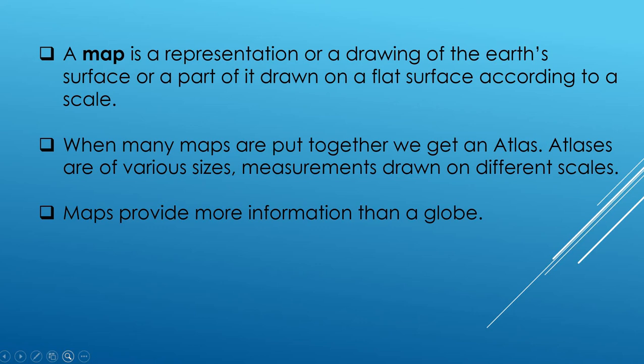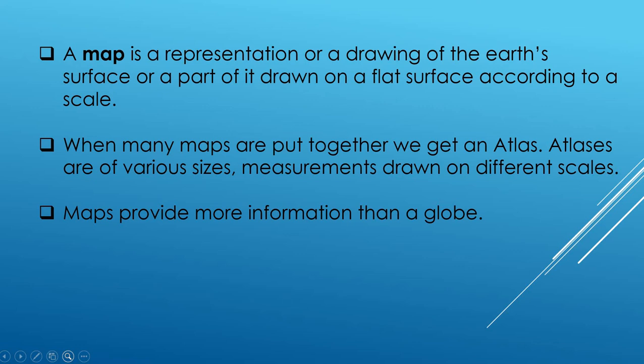So why will I be learning about maps today? Because we read about the globe already in our previous chapter, and a globe has limitations. A globe can be useful when we want to study the earth as a whole, but when we want to study only a part of earth, suppose our country, states, districts, towns or even villages, it is of little help. So in such a situation we refer to maps. This is the definition of a map according to the NCERT textbook.